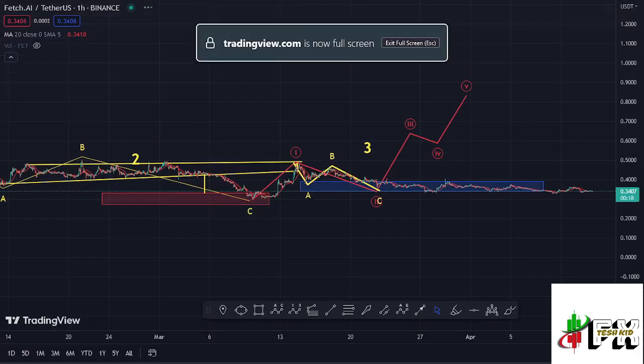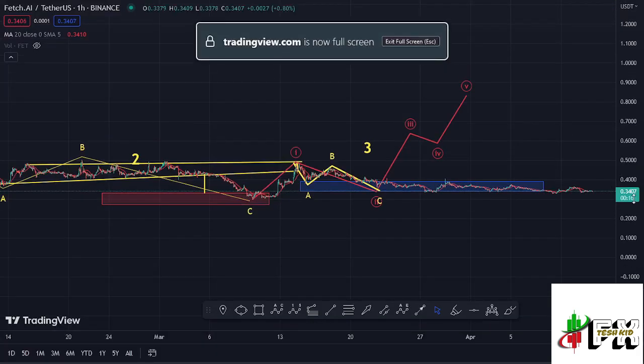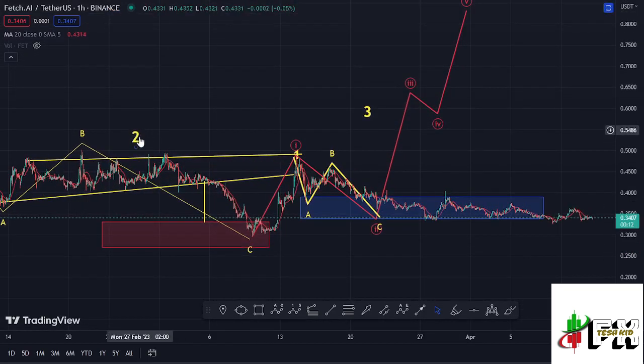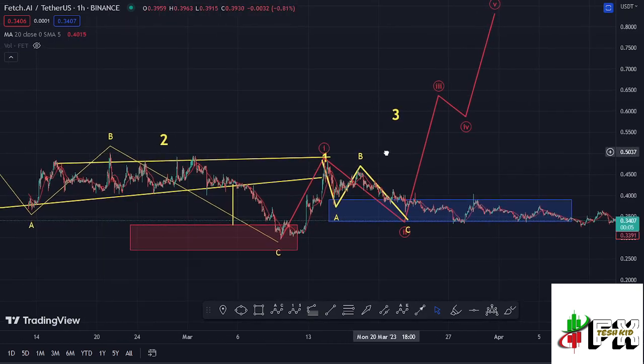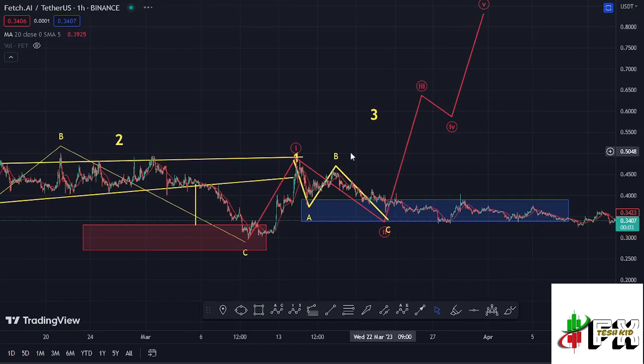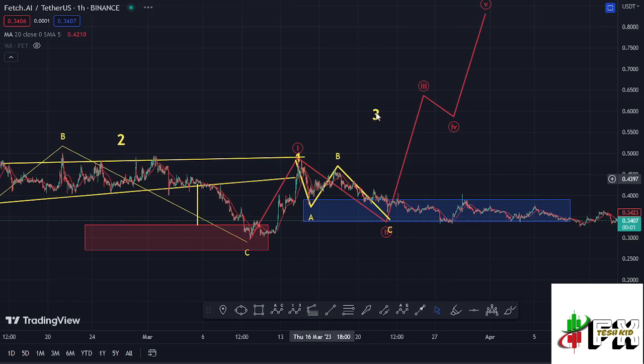So jumping to the 1-hour chart for further analysis and to give you the short-term scenarios that I'm expecting to play out here on the Fetch AI chart, you can see that after bottoming out within this red target area in the formation of this higher Elliott wave count 2, we started an impulsive wave to the upside obeying the Elliott wave structures, where you can see I have this Elliott wave structure in red, which is a fractal wave within the formation of this higher Elliott wave count 3, where we have now peaked in that first wave